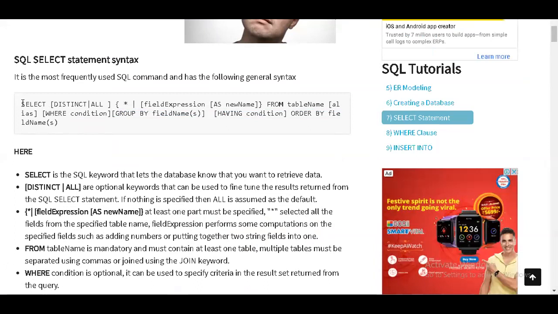Here, I want to select the records. So what is the command I have to use? Select. Then this part is optional: distinct and all. What will distinct say? I want to remove the duplicates. Whatever duplicate or repeated records are available in that particular table, don't display those. If you don't want any duplicates, only the different records available in the table should be displayed. If it is a duplicate, avoid that. So for that I'm using the keyword distinct.